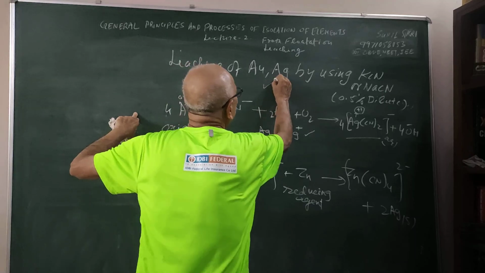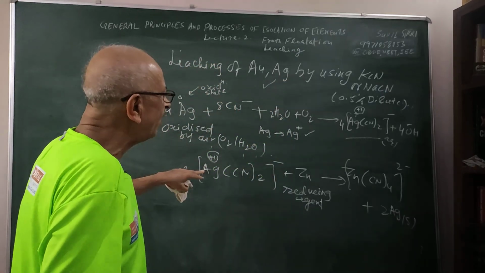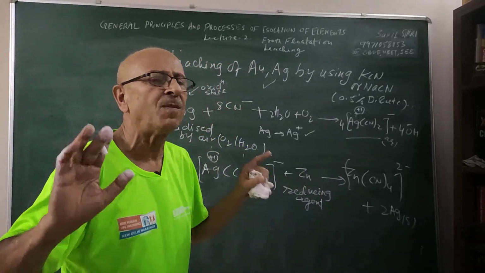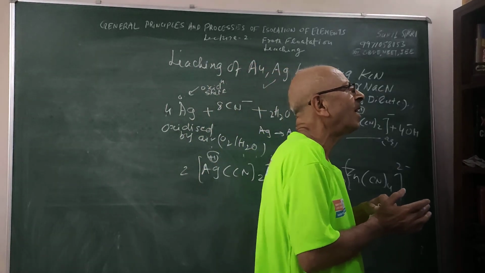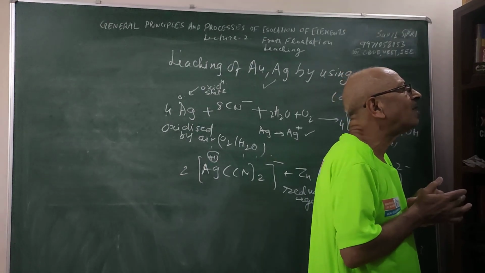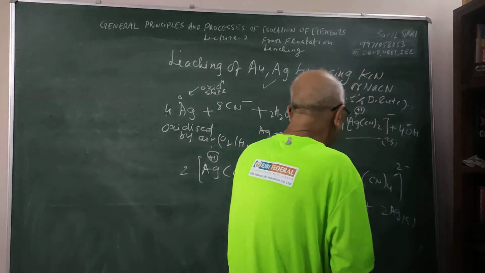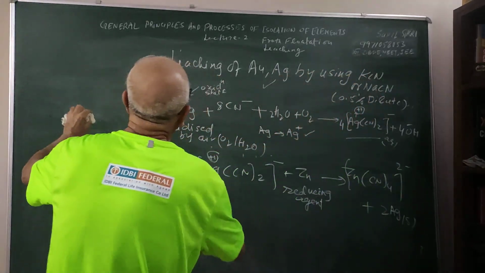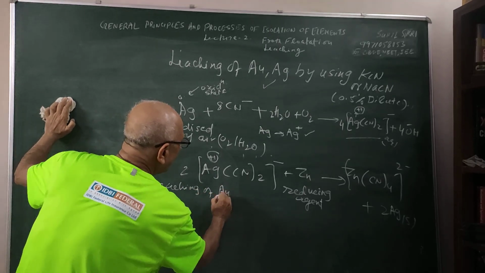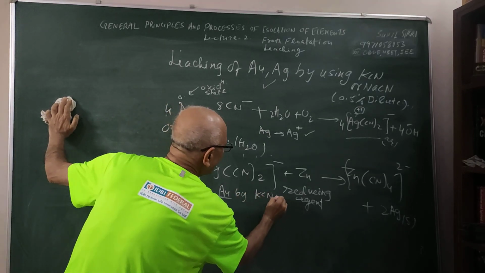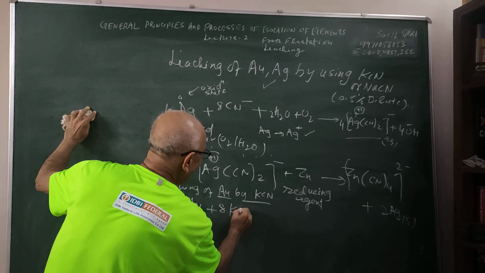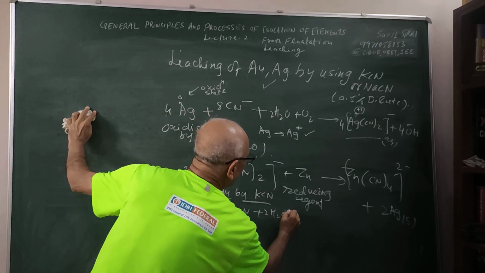Similarly, I can write the same reactions for the gold also. Gold and silver are both leached by this process, and this is a very important question for the exam, repeatedly asked, students. The leaching of gold and silver by NaCN or KCN is a very standard question in the examination. So you should be very clear about this, that this question is going to be asked to you in the examinations. For example, if I want the leaching of gold by KCN, then what I will do, here I have gold, I will react with KCN, students, and I have water, I put oxygen,